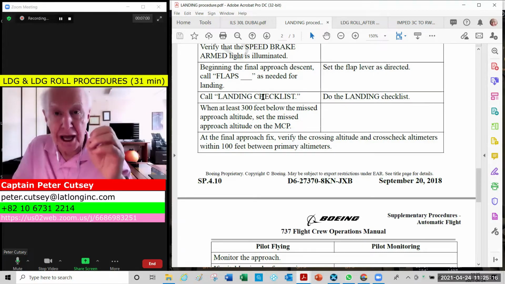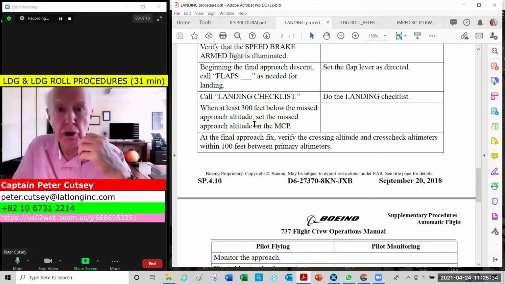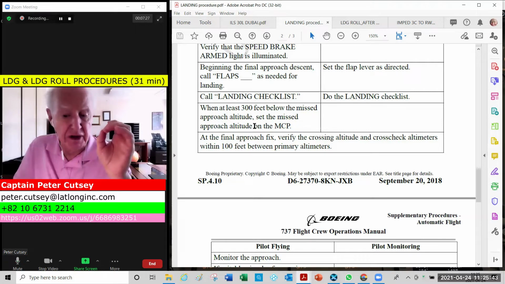There is a checklist, and it's done after these items are completed, after the landing flap is selected. Normally after the landing flap is selected, the missed approach altitude would be selected. Now that will be after the checklist is done, and when you're at least 300 feet below the missed approach altitude. The missed approach altitude today for Dubai for the ILS for runway 30 left is 3,000 feet. All right, so we'll do all that, and